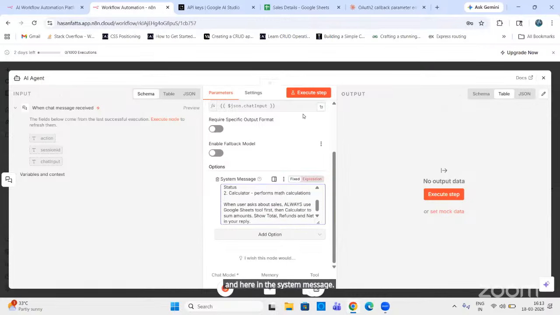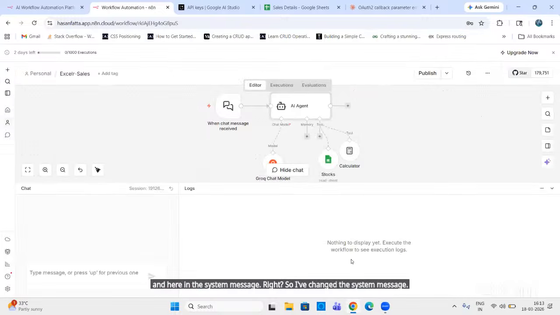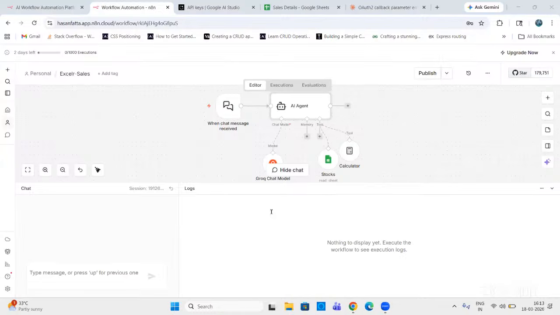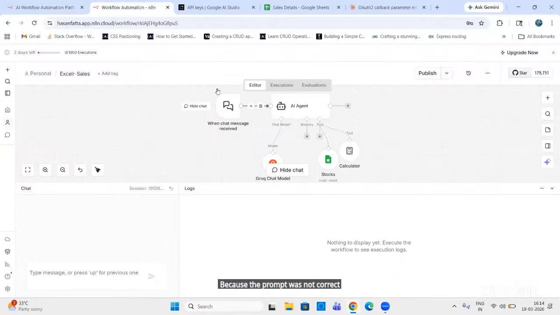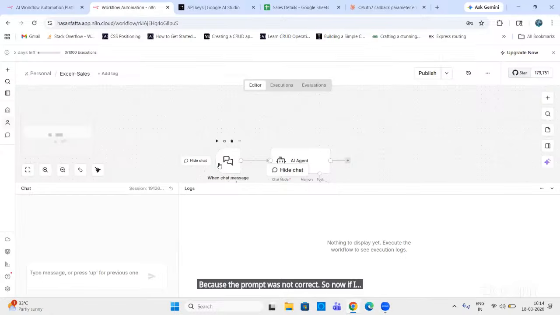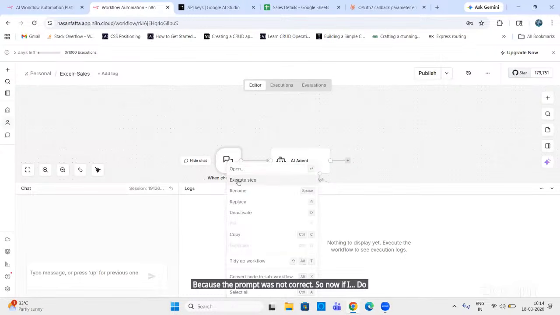So I have changed the system message and I'll share you the updated system message. The reason why your calculator was not working was this. Even mine, it was not working maybe because the prompt was not correct. So now if I do execute it,